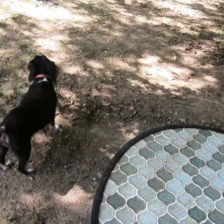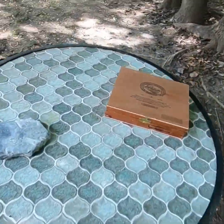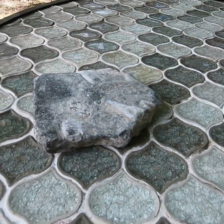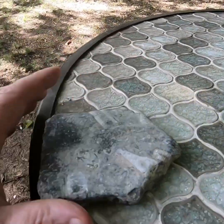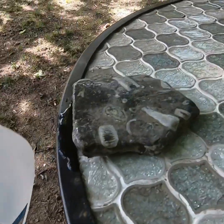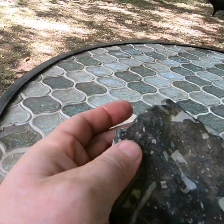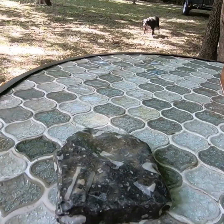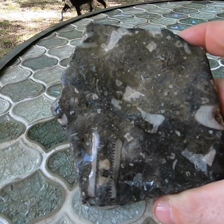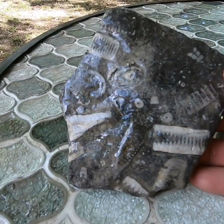But hang on one second. I forgot my water. And I wanted to show you what it looks like when you get this thing wet. But anyway, you can tell there's just fossils all in that. I mean, just everywhere you look. And on the front side,